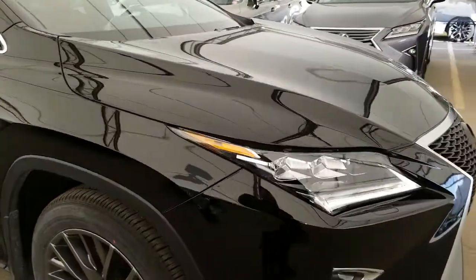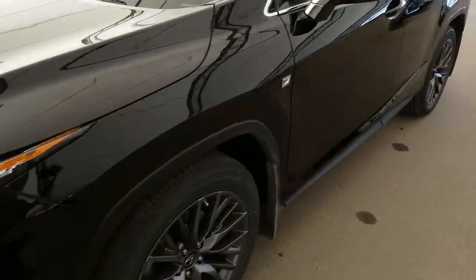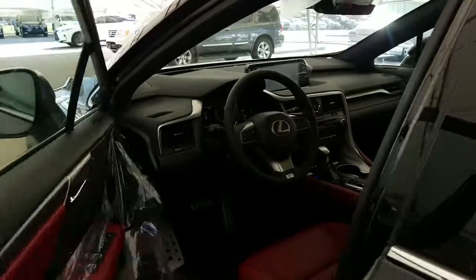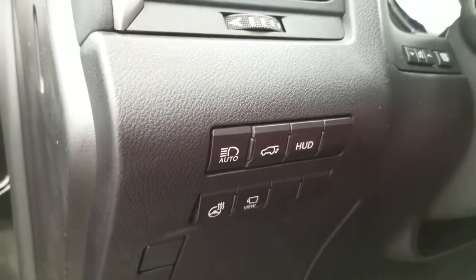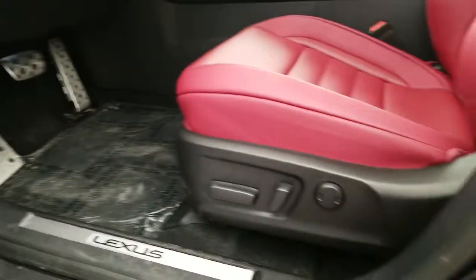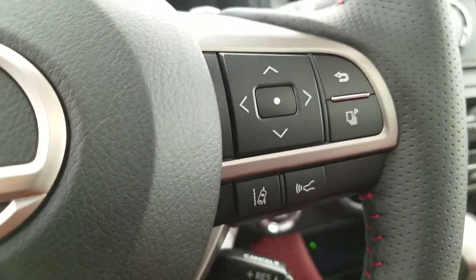Other features do include LED headlights, LED daytime running lights, headlamp washers, F Sport front grille with the front and rear park assist sensors, the blind spot monitor with the rear cross traffic alert, keyless entry with the push to start ignition, automatic high beam, power liftgate, head-up display, heated steering wheel, panoramic view monitor, driver's seat memory seating, power folding side mirrors, power adjustable front seating, hands-free controls, the lane departure alert with steering assist, dynamic radar cruise control with the